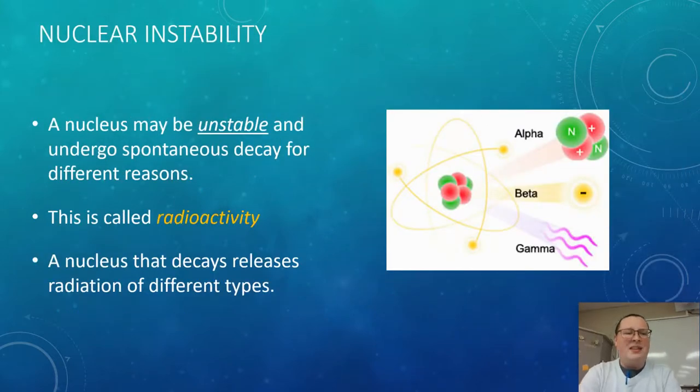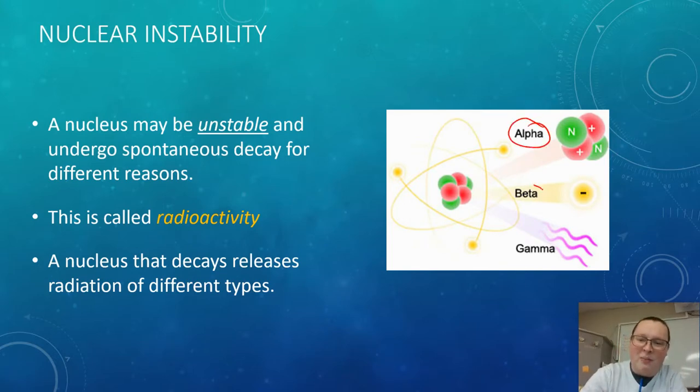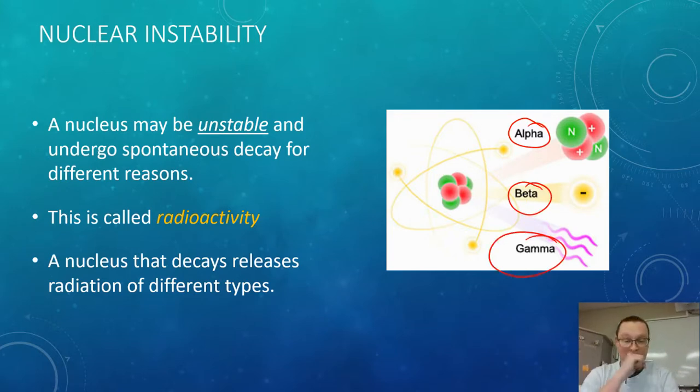So if a nucleus is unstable, it may undergo decay for different reasons, and we're going to call that radioactivity. We'll talk a lot more about the different forms of radiation. The three big ones that we're going to talk about are alpha particles, beta particles, and gamma waves. Gamma is not actually a particle. So a nucleus that decays is going to release some different type of radiation, but if a nucleus